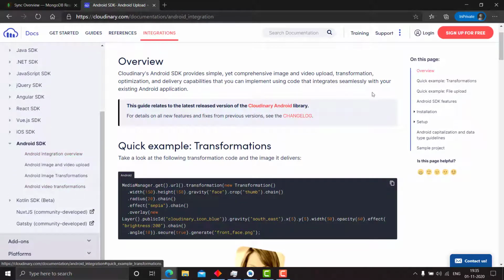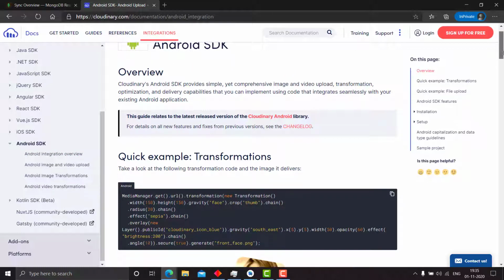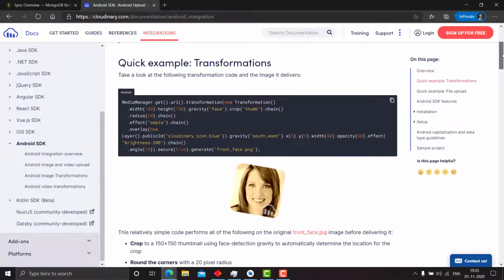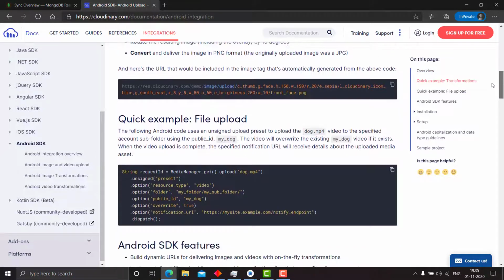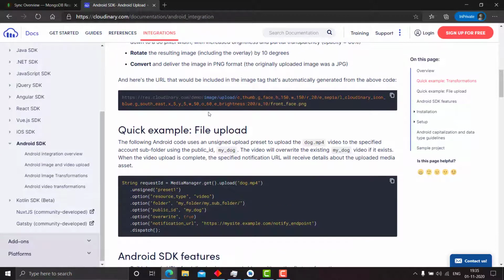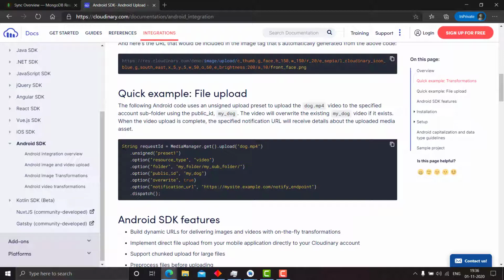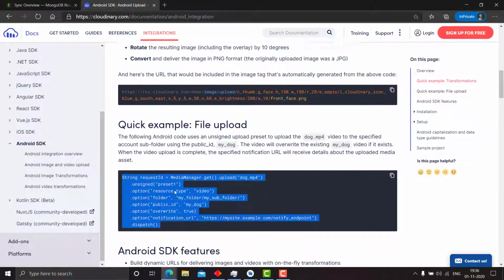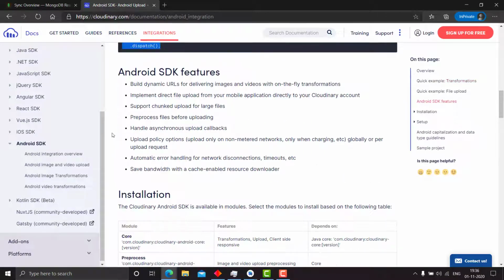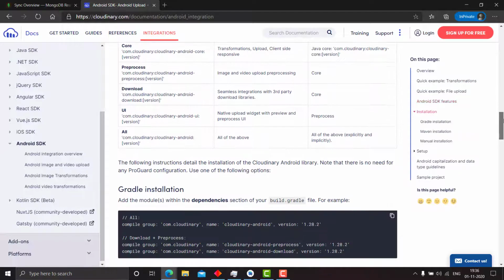Everything is in 4 tabs, and this is just one function for transformation code, and it doesn't explain how it works, how we initialize, nothing. This is a quick example for file upload, but it doesn't specify what these parameters do, what they change, and all the information and knowledge is just scattered here and there, incomplete.